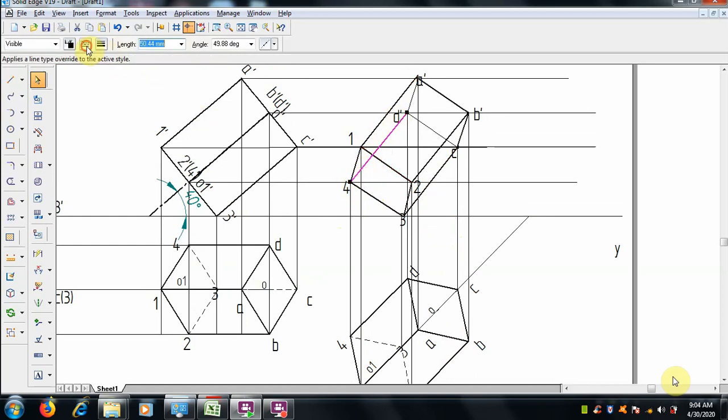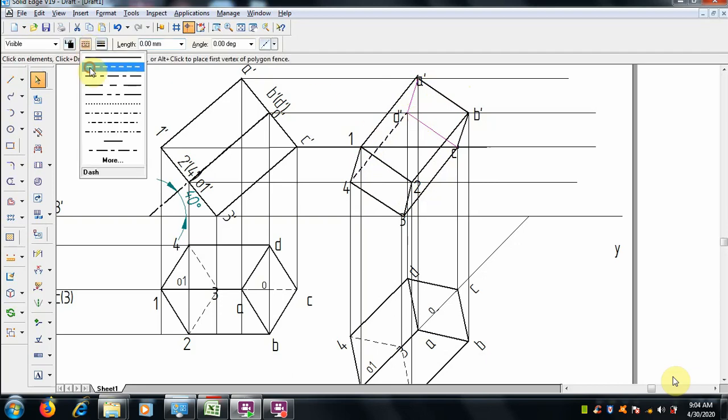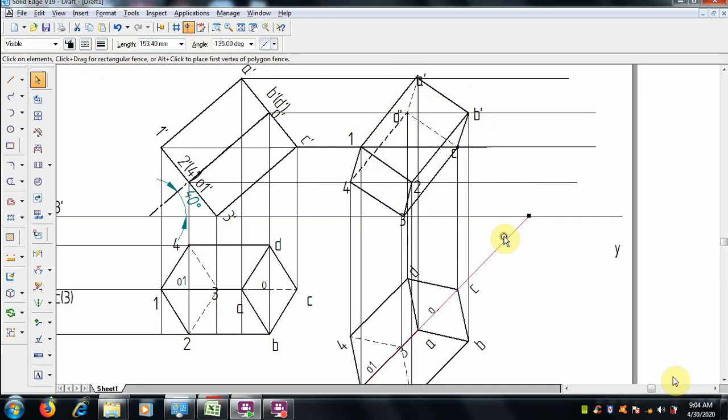When a line crosses a base, that is a full base, it should be hidden. So the edge 4D, when it crosses the face, it is hidden. Here like this, which crosses, we have to make it a hidden line.